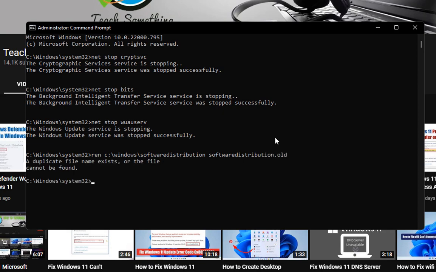After that, type the command REN C:\Windows\System32\catroot2 catroot2.old